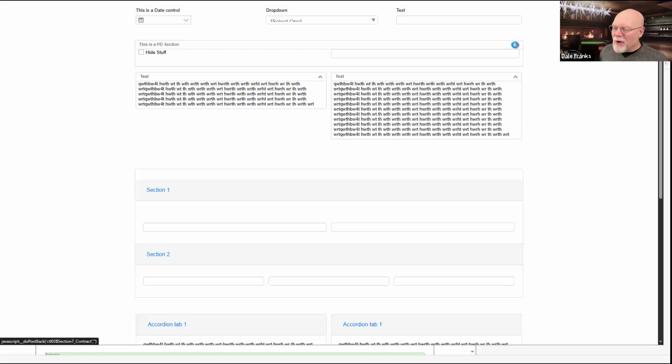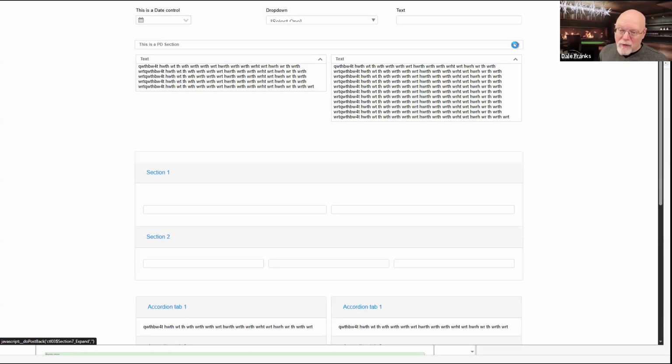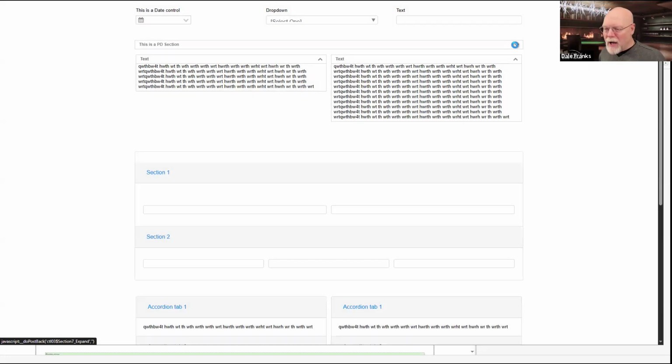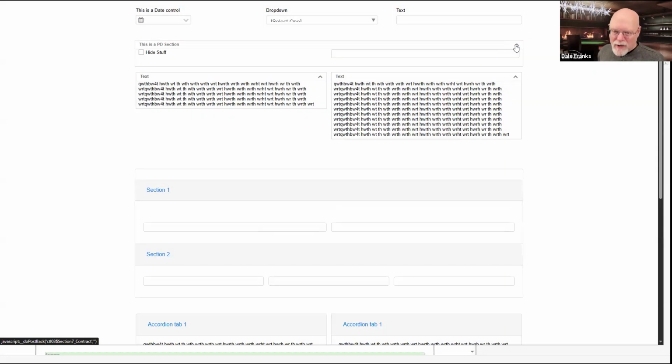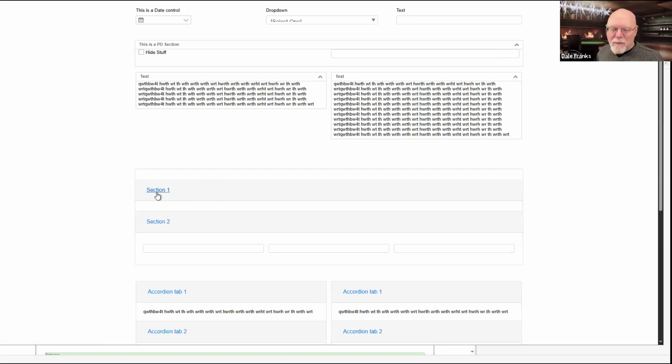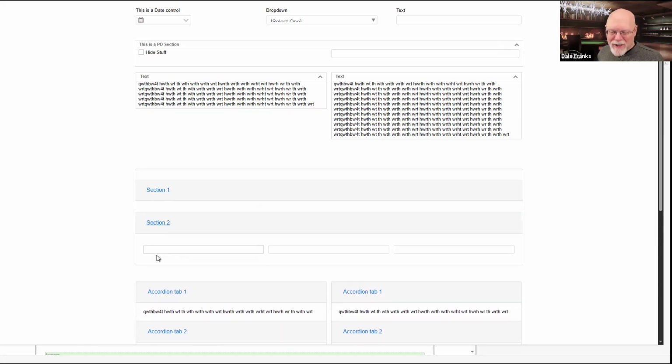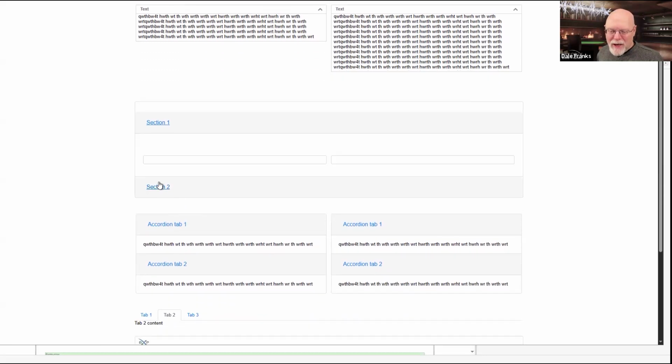Our section controls just kind of, well, they do two things. First of all, they refresh the page, and they also show and hide themselves just on page refresh. So they basically appear and disappear. I really super like the amount of animation that I have available for these controls. And it all happens on the screen, which I think is really cool.